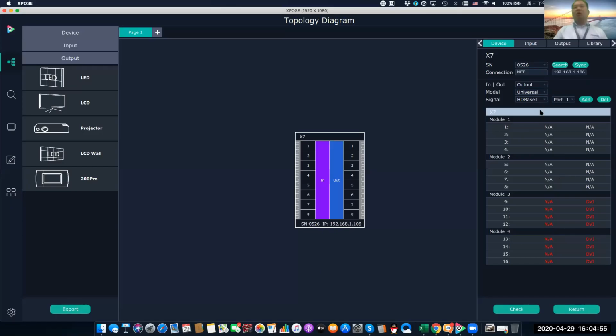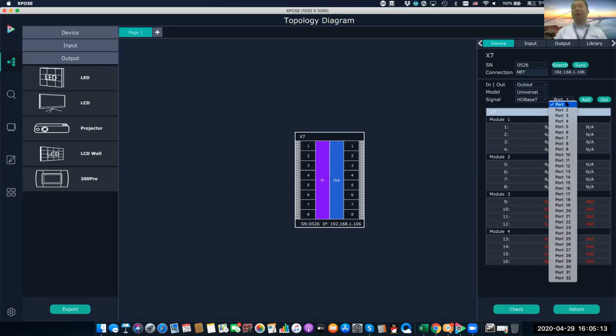what kind of module is ready to be used? Some of the modules are already here. Then it becomes red. And some of the modules are still in white, which means you can decide to do the configuration. And for example, if you decide to use the signal HTTP here, you can decide which port you want to use this